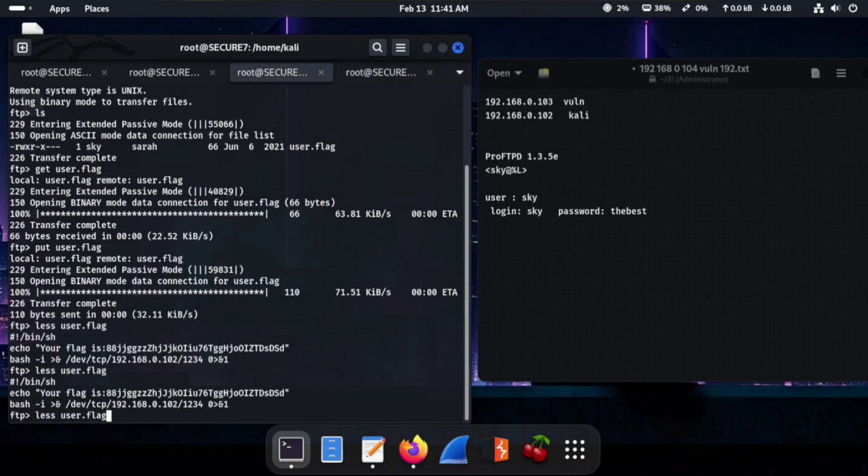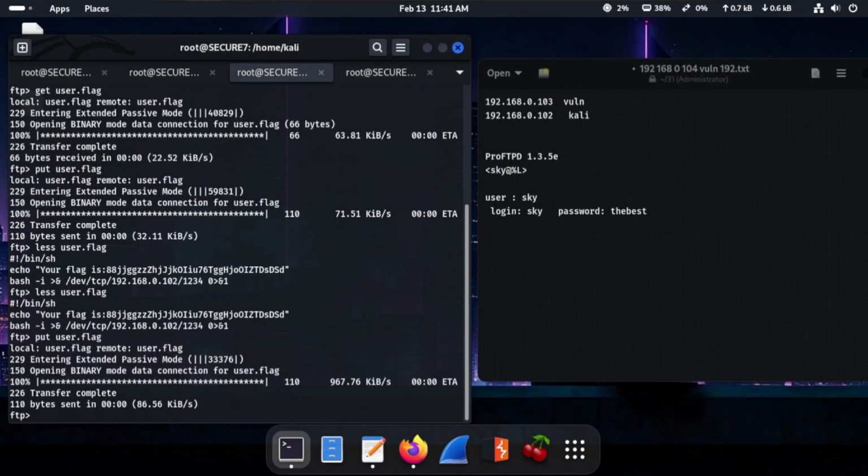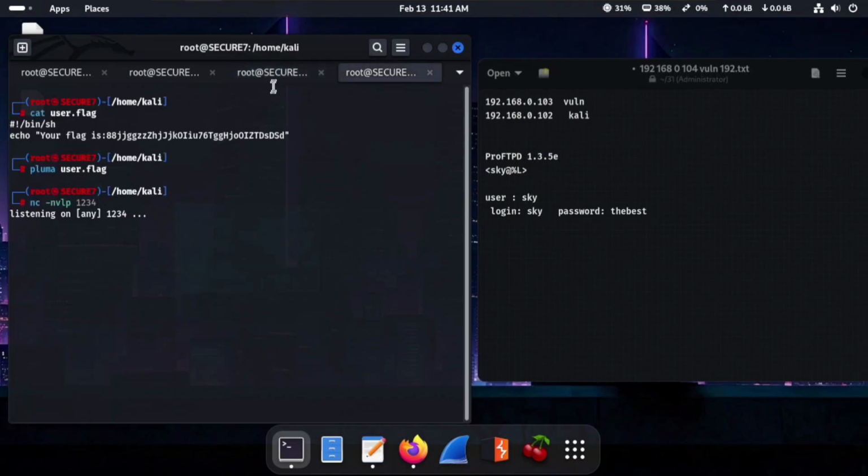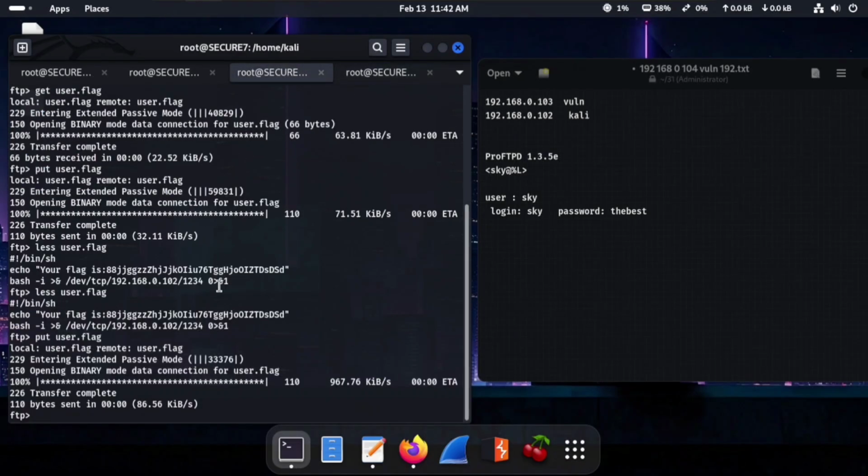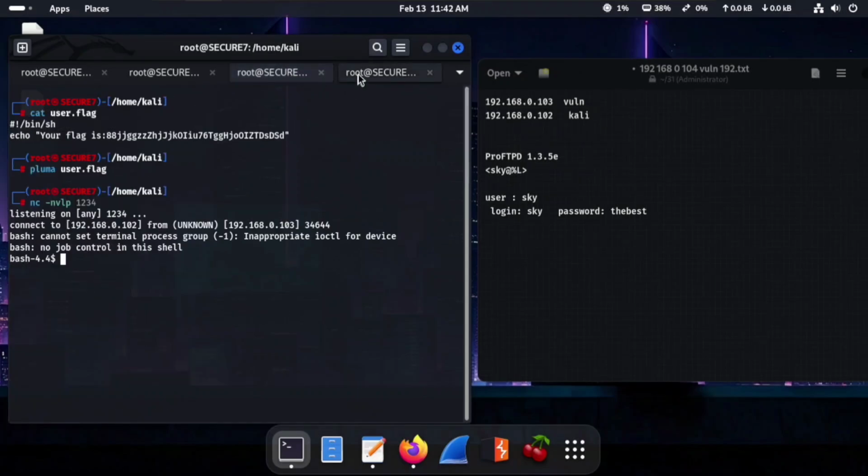Waiting for the connections, trying to put this file again. Okay, now you can see